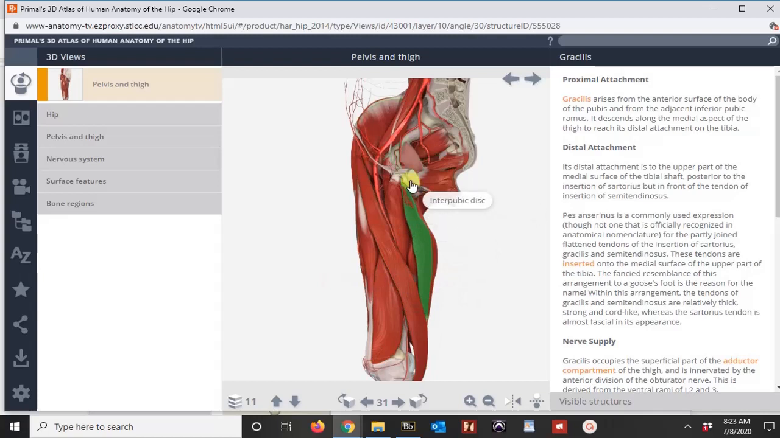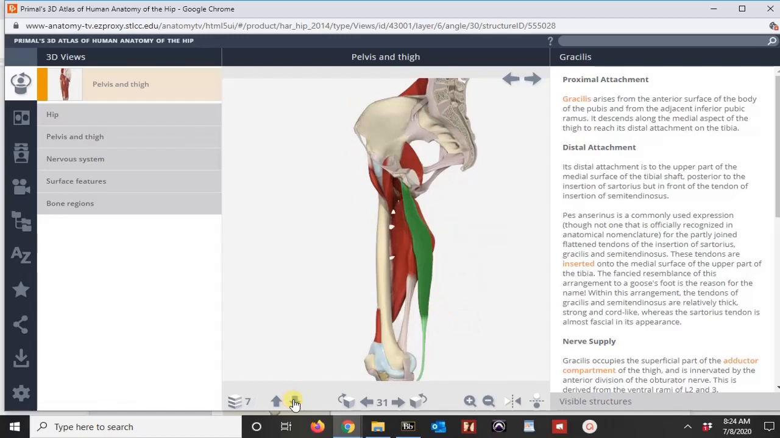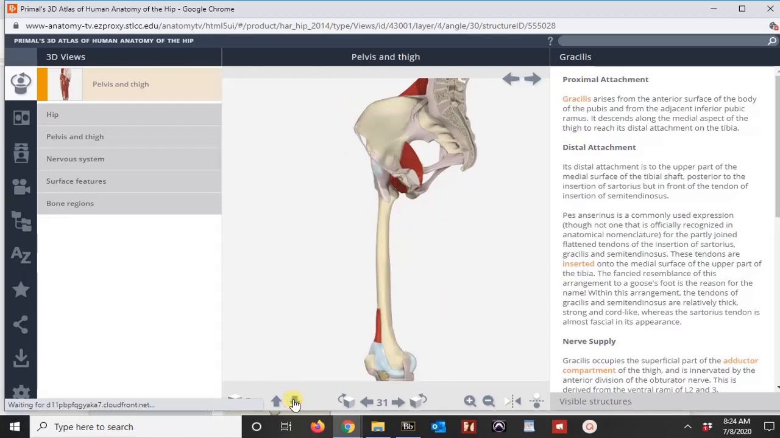They just start up at the pelvis and the hip bone, and then they run alongside the femur, and they actually attach down here at the tibia. So this is the gracilis, and this is your inner thigh muscle. It runs all the way down. And if we take all these muscles away,